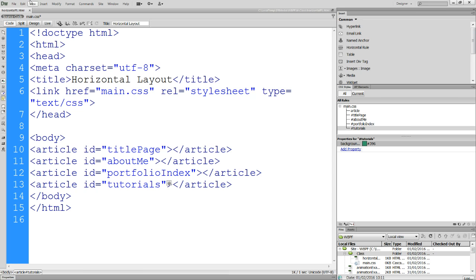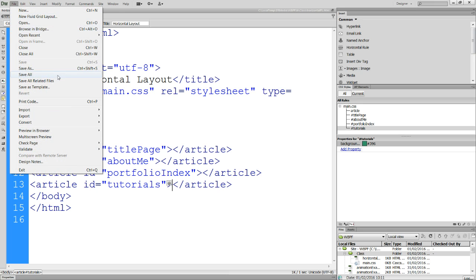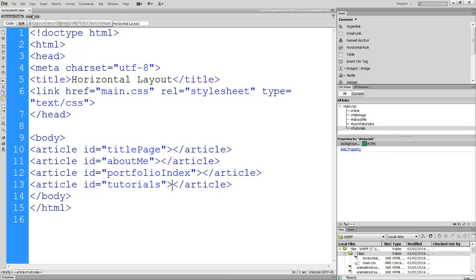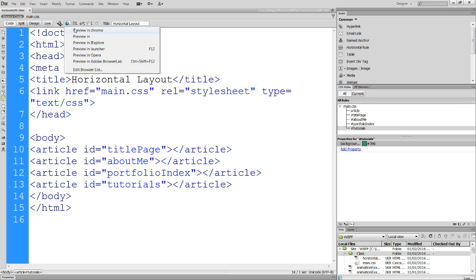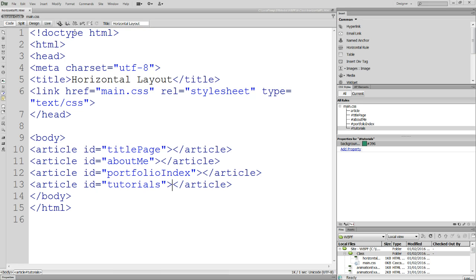So then if I save all, which I don't think there's a keyboard shortcut for that, but file, save all. I think you can set your own presets there, so if you want you can set something up. That will allow me to then test that. Hopefully what will happen is, if I just get my, all right,